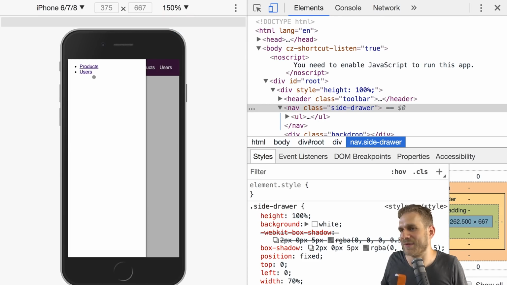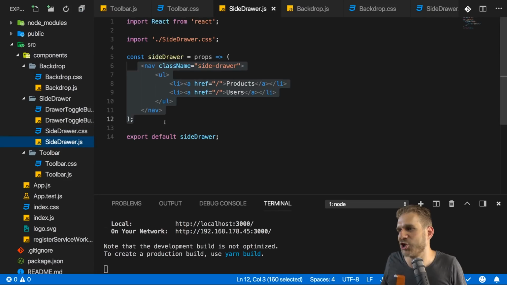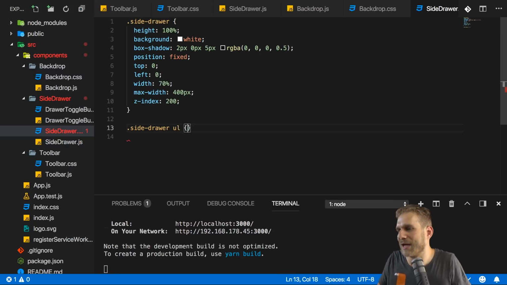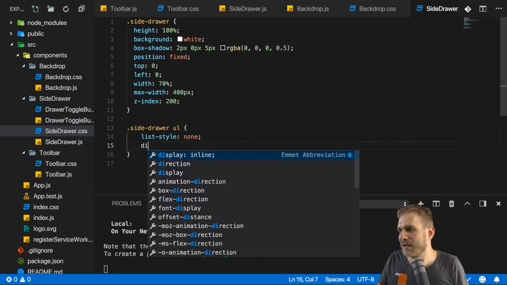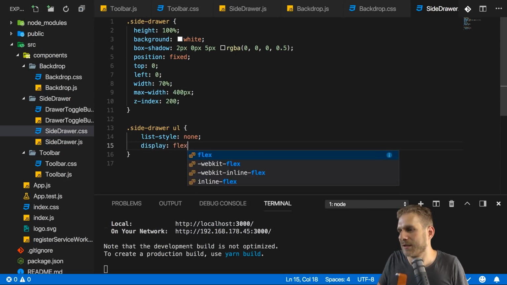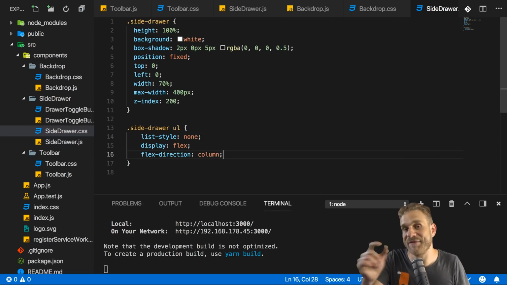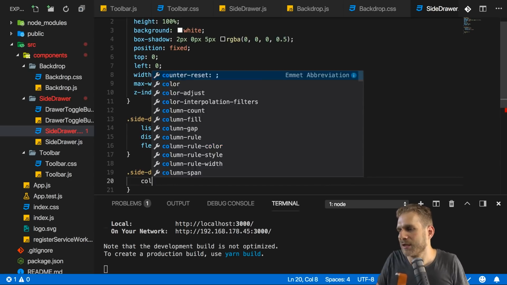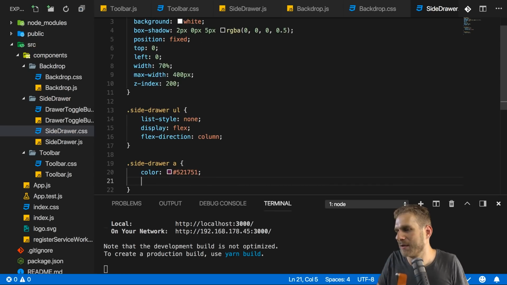So let's work on these elements in there. Now in that side drawer, we have these navigation items. And therefore, I'll style the unordered list first of all. That unordered list will have a list style of none, and I'll set it to display flex. I'll again give it a flex direction of column because now the navigation items should be positioned below each other. And then I'll also style my links to give them a purple color maybe, and